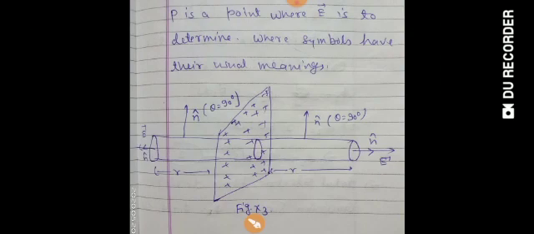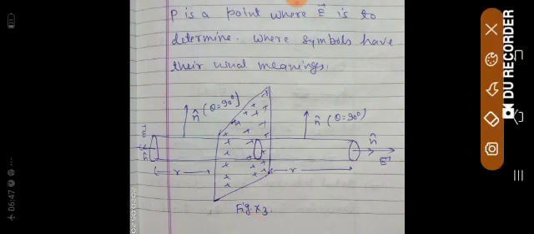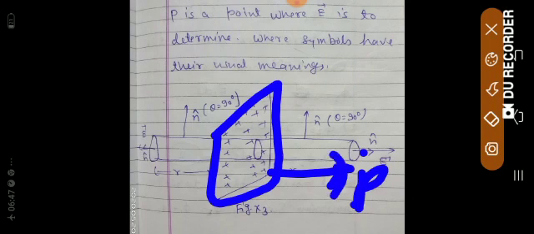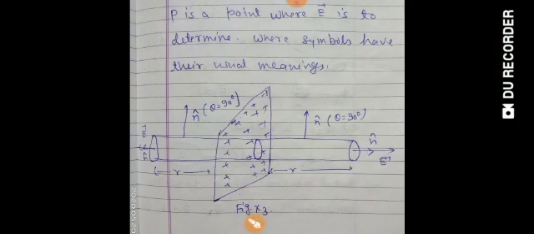Yes, this one. So this is your infinite sheet, students. As I told you earlier, this is a point P. Actually, I was not mentioning it here, right now I am going to mention it. This is P, and this is the distance r from this sheet where the electric field is to be determined. And since we are discussing Gauss theorem, we need a Gaussian surface. What is a Gaussian surface? I told you one more time. Yes, this one.